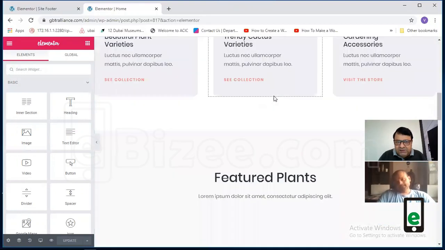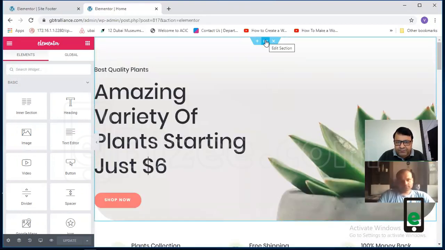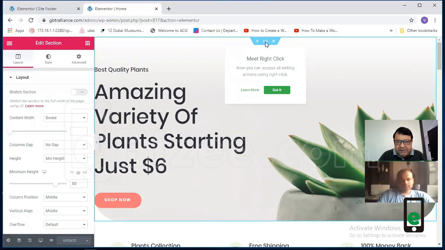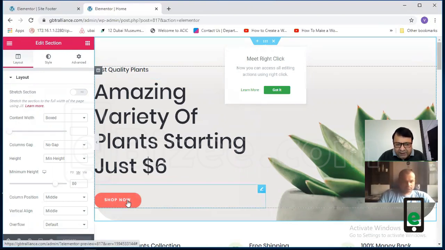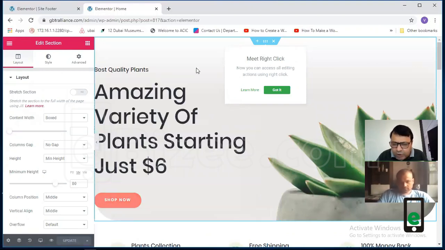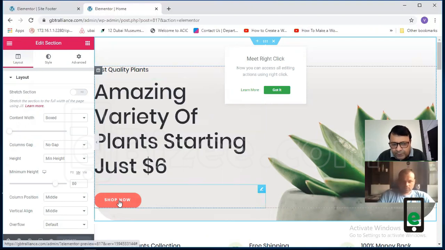So we'll go to the first section. In this first section, what do we need to change? We can change the picture. We can change this name because we are not selling plants. We are selling courses. And we can change the link here. Shop now, or we may not change it because our shop will be the same. Instead of writing shop, you can write enroll now in the course.